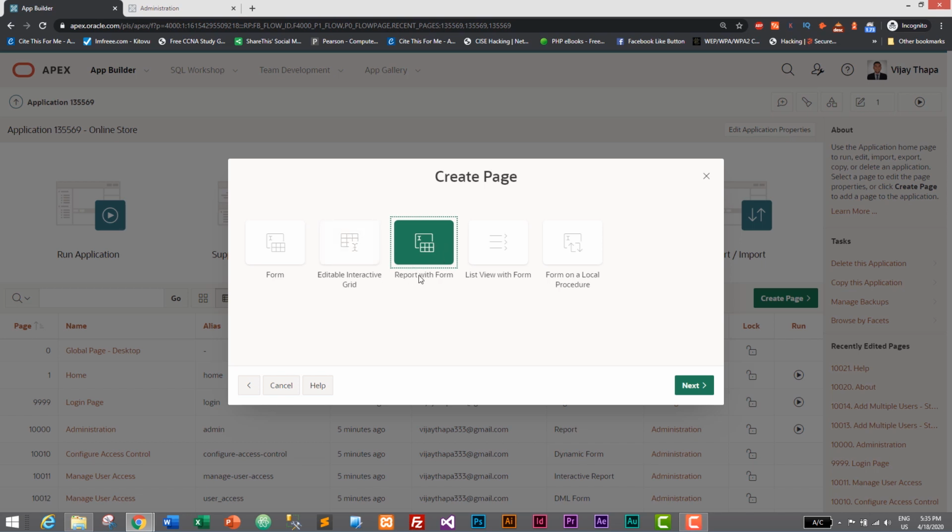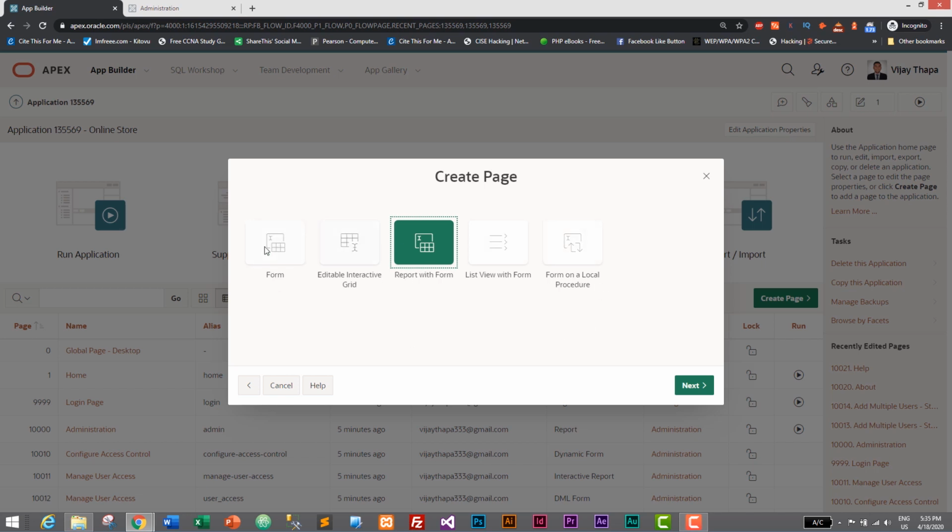And with report with form, it will create a form to insert data and display the inserted data on our table on the same page. So for now let's go with report with form. I don't know these other two well, so we won't use them.